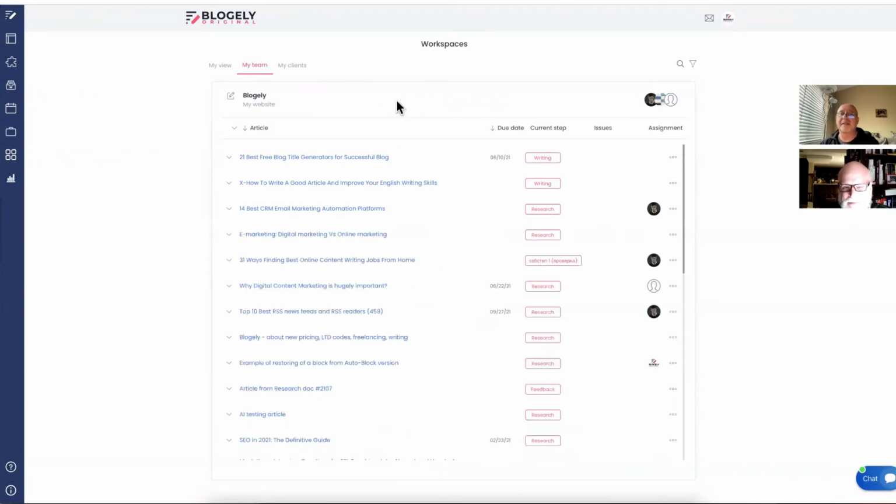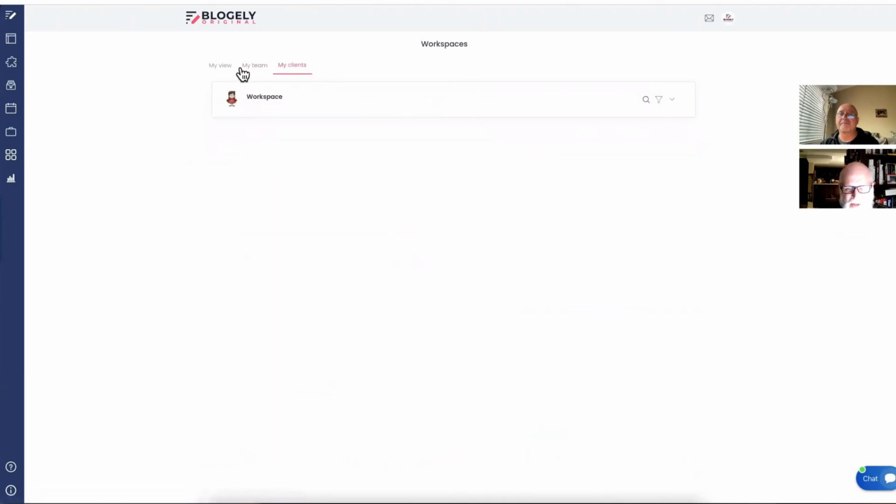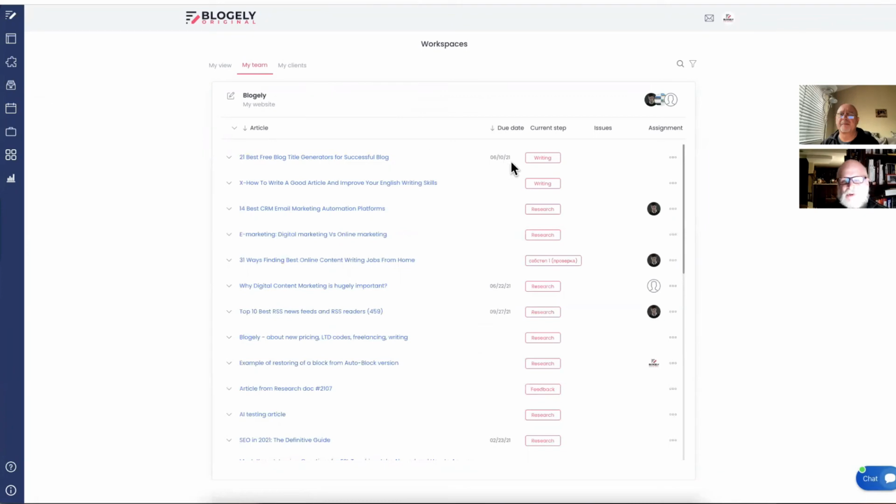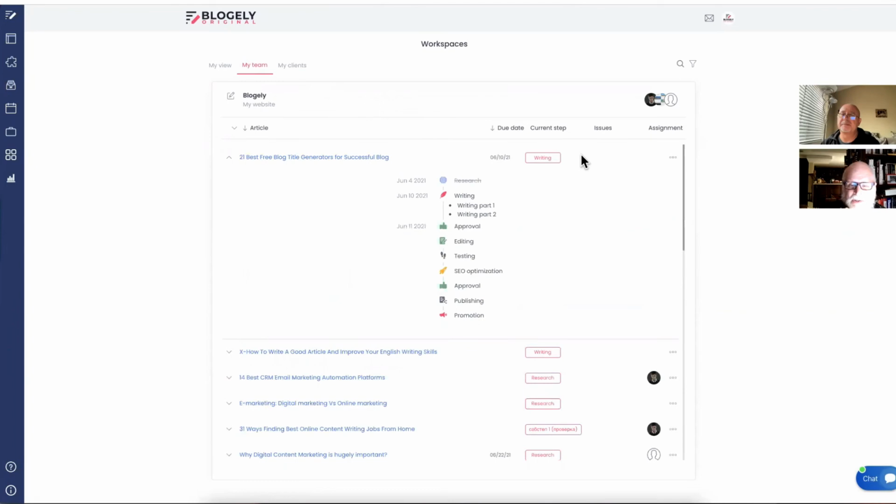What else? You can see due dates down the side, which are set when you assign the task. What does the due date mean here? The due date means, for writing, and I don't know if it's part 1 or part 2, the writing due date looks to be 6/10/21. Why are there two parts? What is the difference between the regular step and the sub step? That way you can split up the work. Let's say you might want somebody to do the introduction and the summary at the same time, and then someone to do the content.